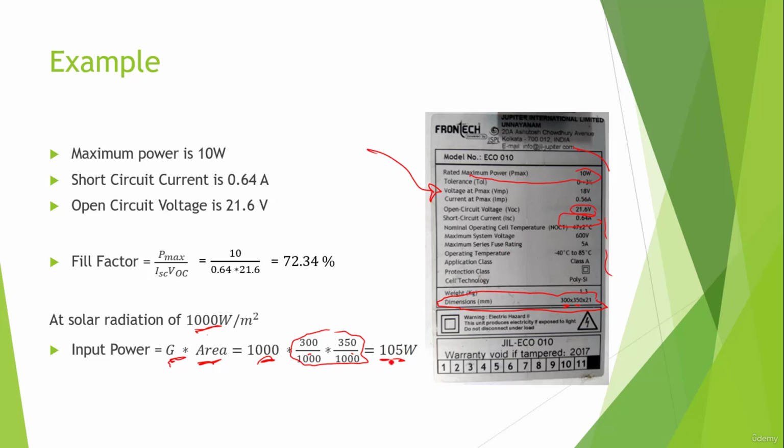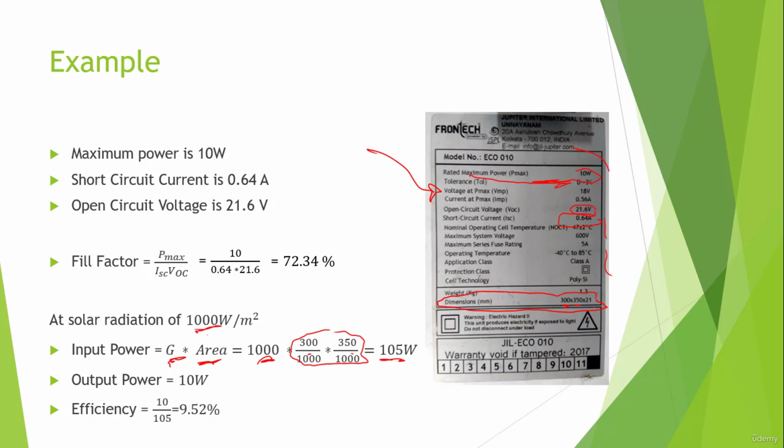So the input power falling on this panel at 1000 watt per meter square solar radiation is going to be about 105 watt. The output power is 10 watt from the data sheet. By dividing the output power by the input power, 10 over 105, we get